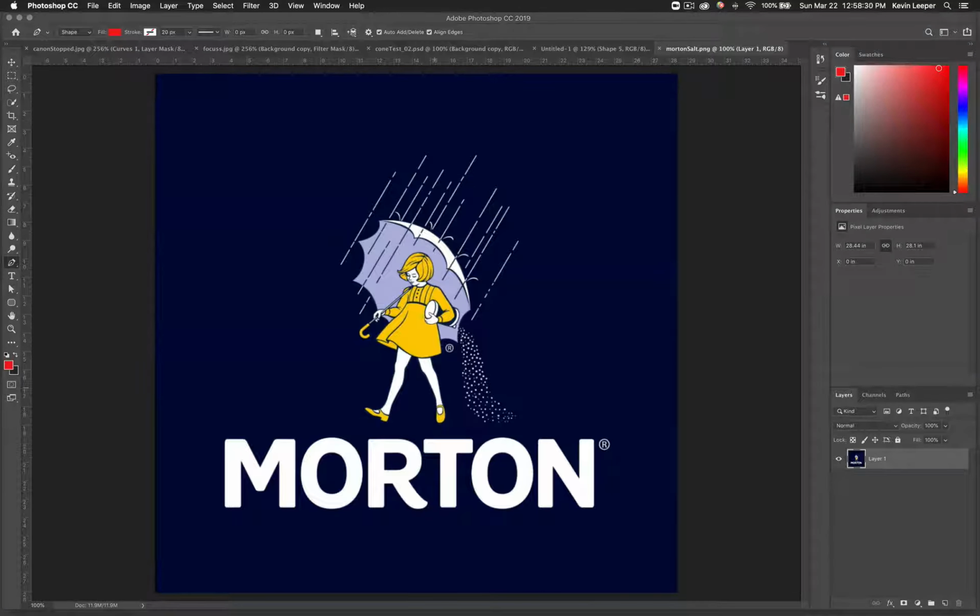Okay, so paths. I brought up this image, and this is going to be the project I want you to work on. It's a logo project, and it's going to be working with paths. You could do this either way, it's up to you. I'm going to show you paths so you can see paths, but you could do this also with shapes. In a lot of ways, like I said, shapes are a little easier to work with,